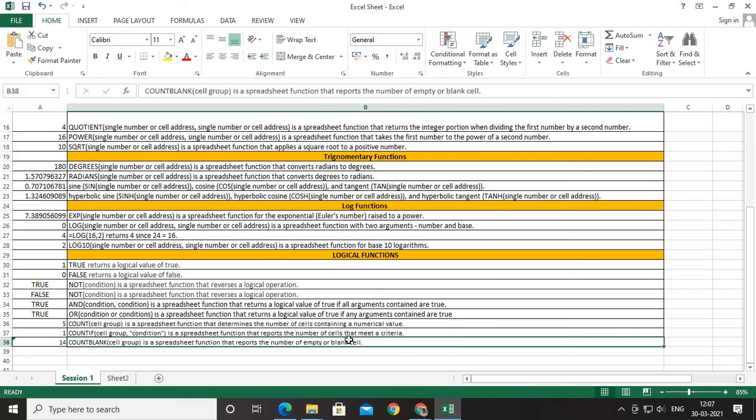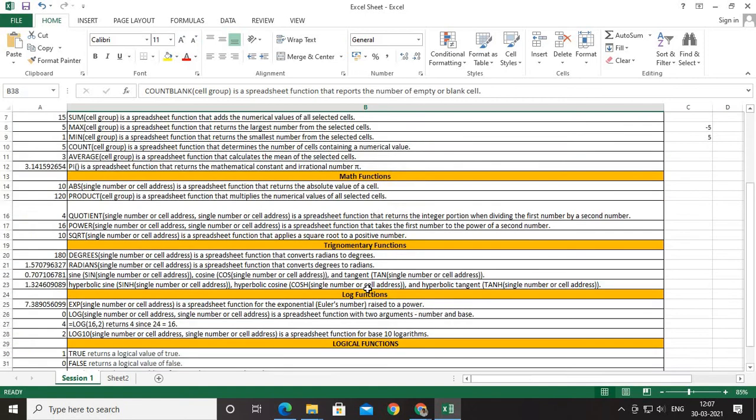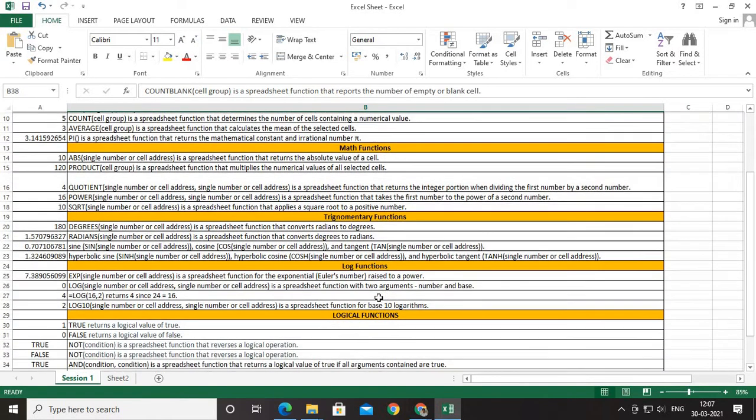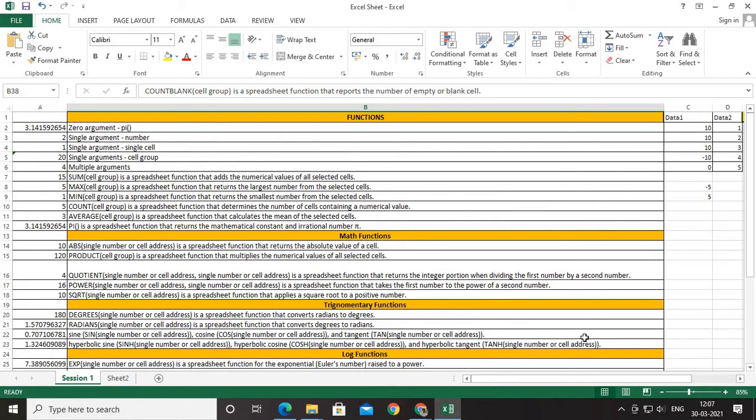That's it. So we have dealt with the functions that are related to simple math functions, trigonometrical, log, logical functions, etc. I hope it was useful, and we are going to continue more in the same Excel content in the next session as well. We will need another 10-15 minutes for that. In the next session, we will be able to see more.